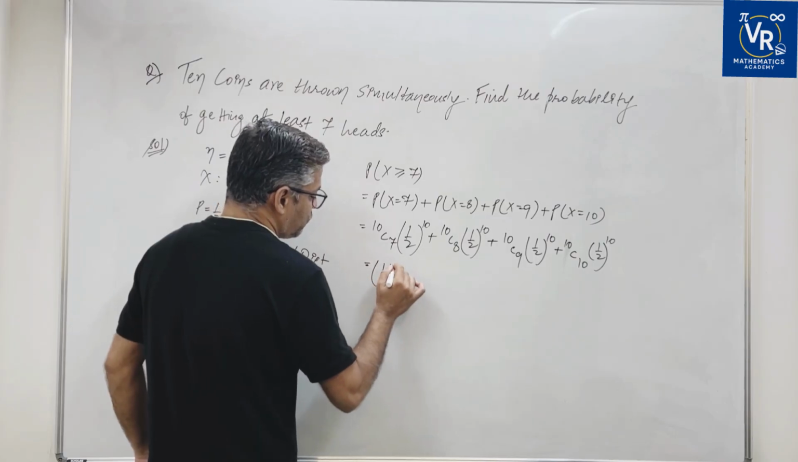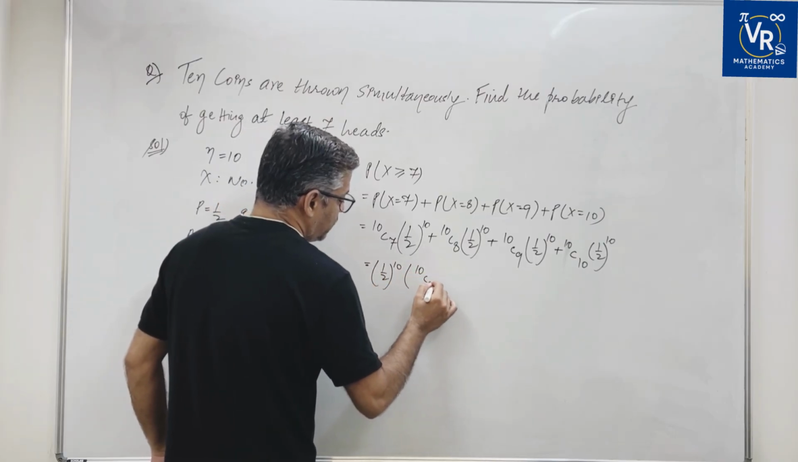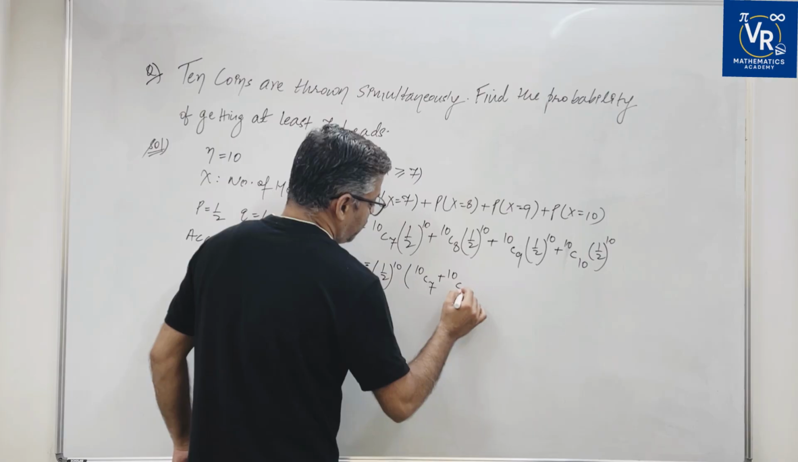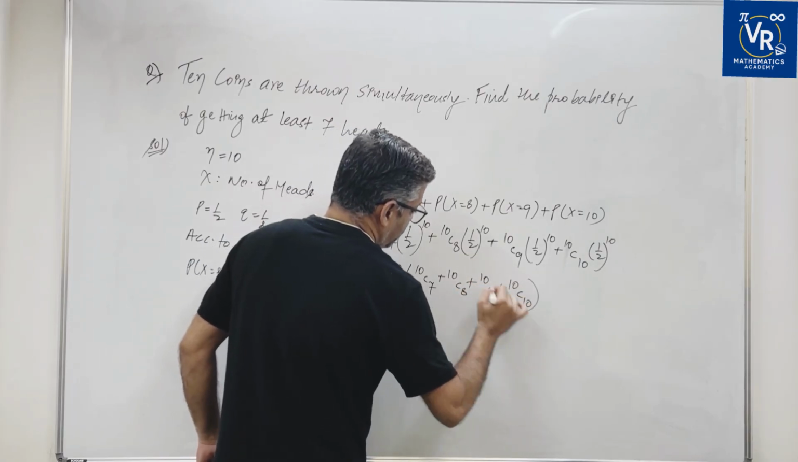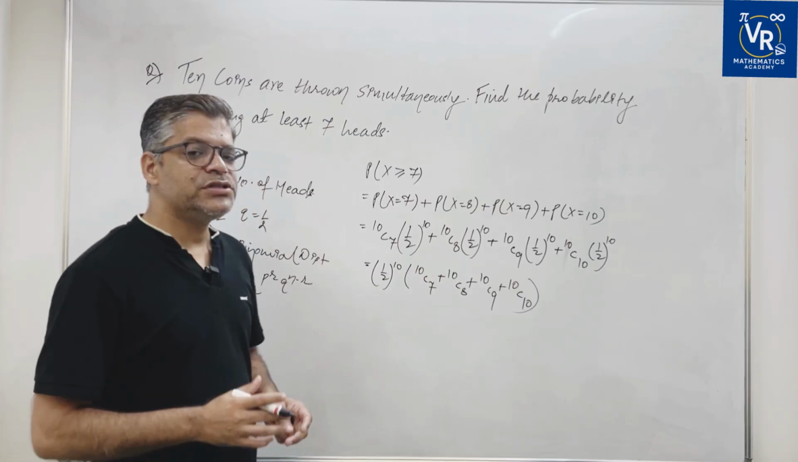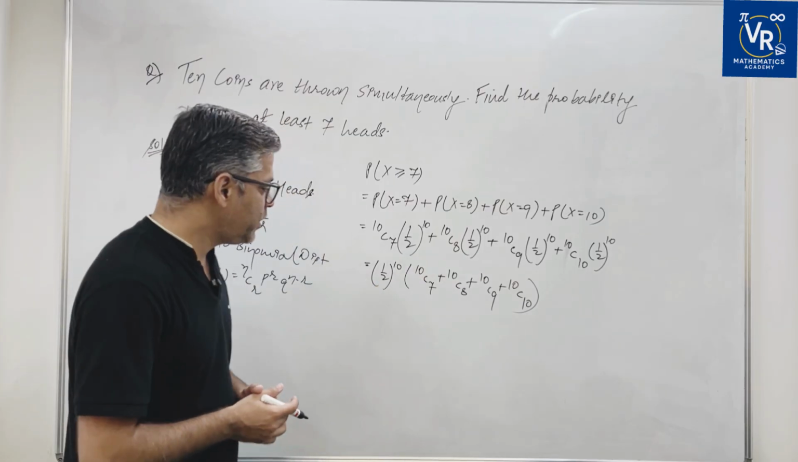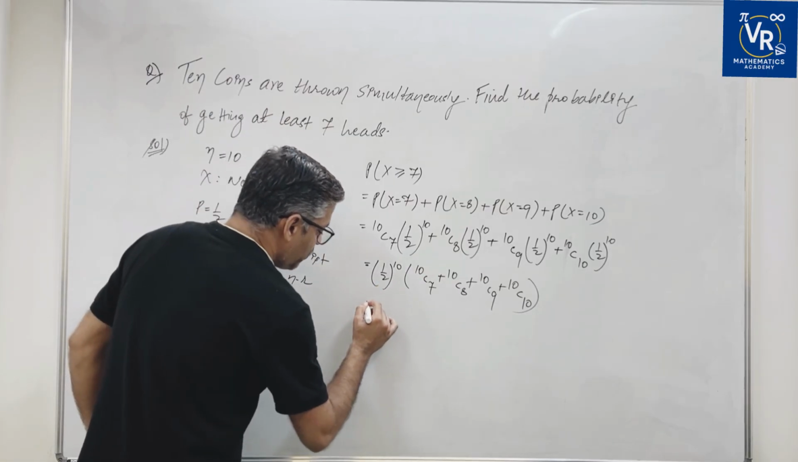1 by 2 raised to the power 10 we will take common, and within the bracket this will be 10C7, 10C8, 10C9 and 10C10. This calculation you can do by the scientific calculator, and using a scientific calculator you get the answer